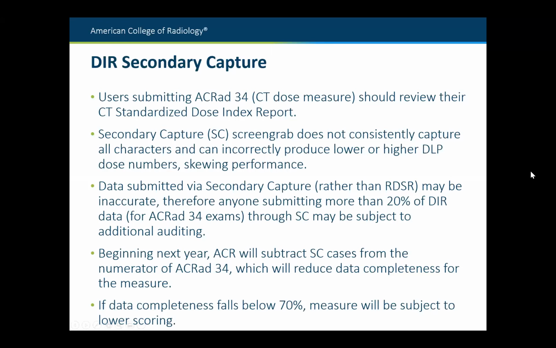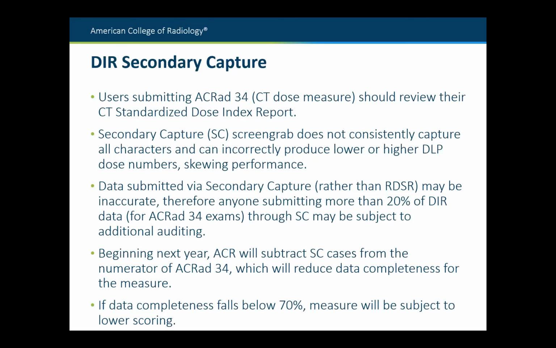Now, everybody who's submitting data for DIR is either submitting each case through the dose reports, the RDSR, or they're submitting through secondary capture, which is basically like a screen grab that the software pulls data from to determine what the numbers are for that case. Now, there's a problem with secondary capture, which is that it doesn't consistently capture all the characters in the dose report, and therefore it can incorrectly either lower or raise your DLP numbers,